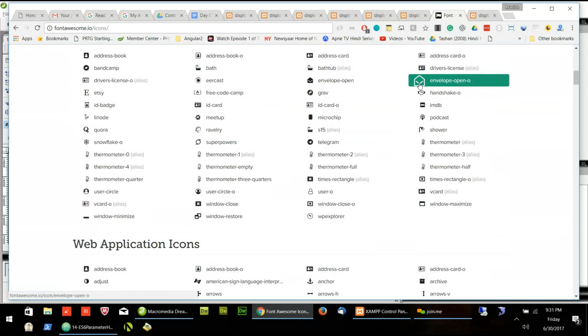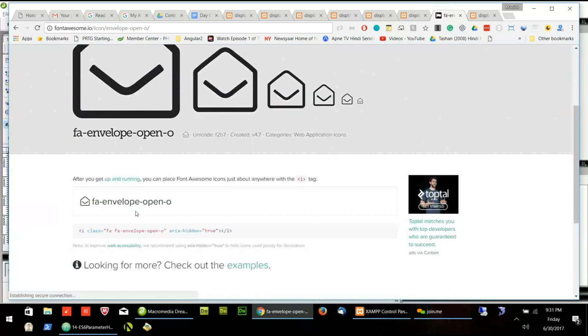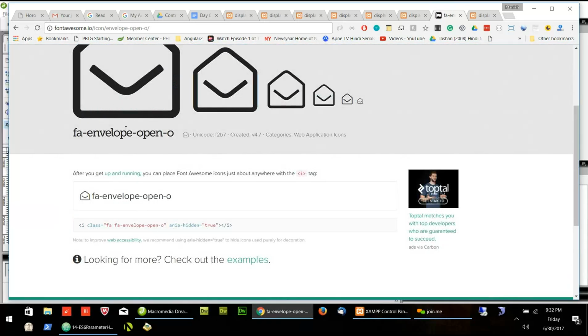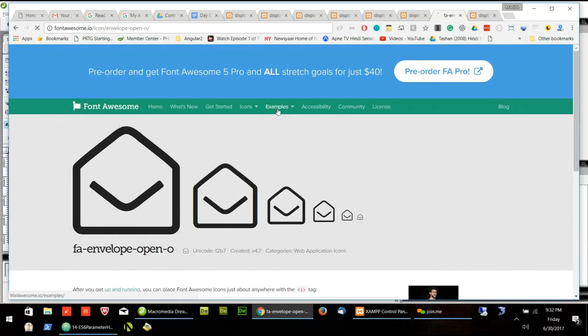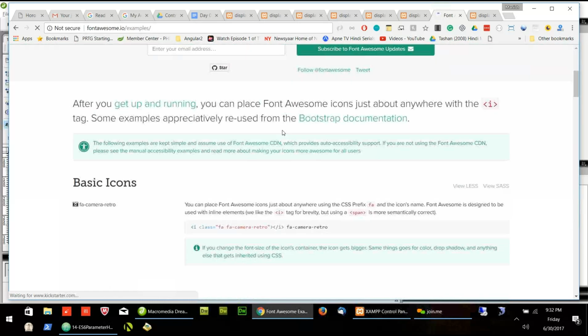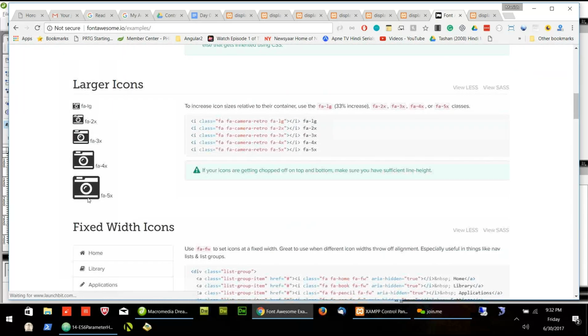I was showing yesterday the file link in our link reminder project. We can take this and make this link, and people can download the file. They will see this kind of icon. These are some examples we can check. If you want to use this one, just add this in your page.